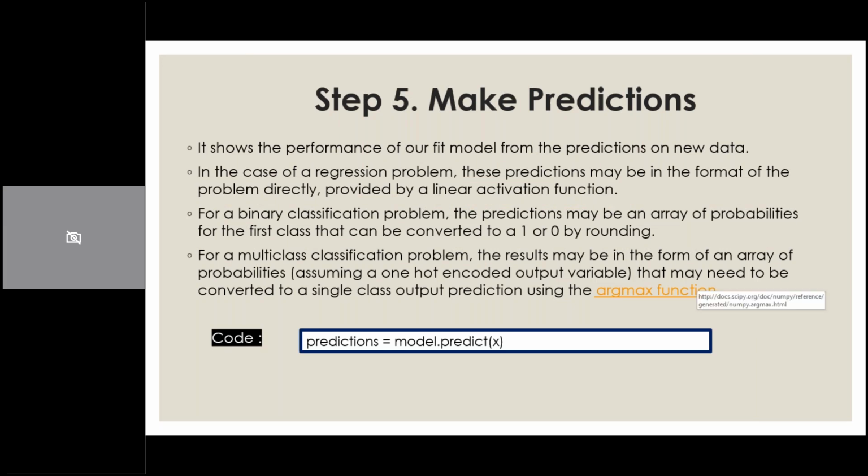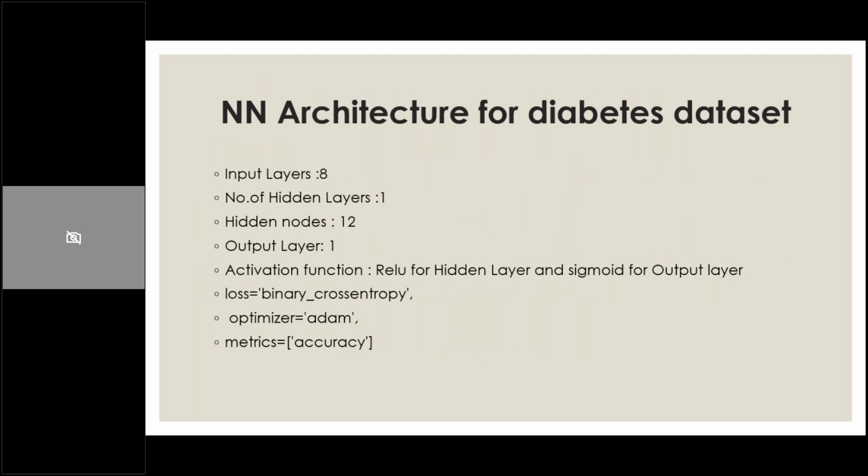In the last day's session, we discussed the concept of neural networks: what the parameters and hyperparameters are. I also implemented it in Keras, so how to use a neural network with Keras was discussed too. I implemented it on the diabetes data set: how many layers are needed, how many hidden layers and nodes, the output layer, and the activation function. Everything was completely discussed in the last session.